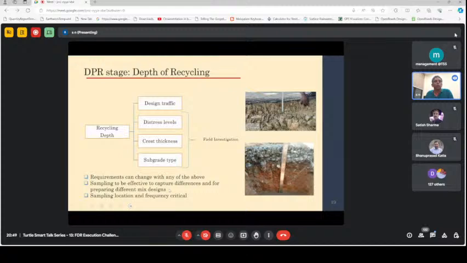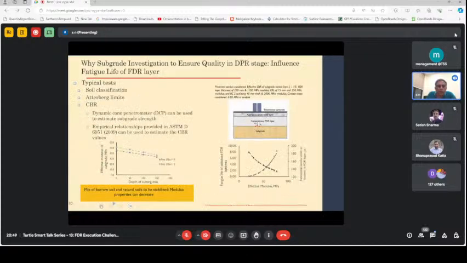So next thing is subgrade investigation. Now, why is subgrade investigation essential in terms of ensuring quality? Because this can actually seriously influence the fatigue life of your pavement section. Now, if you look at the typical tests that are conducted, these are soil classification tests we do, then plasticity index testing, Atterberg limits, plasticity index, value testing is done. Then the in situ CBR properties of the subgrade soil is determined,